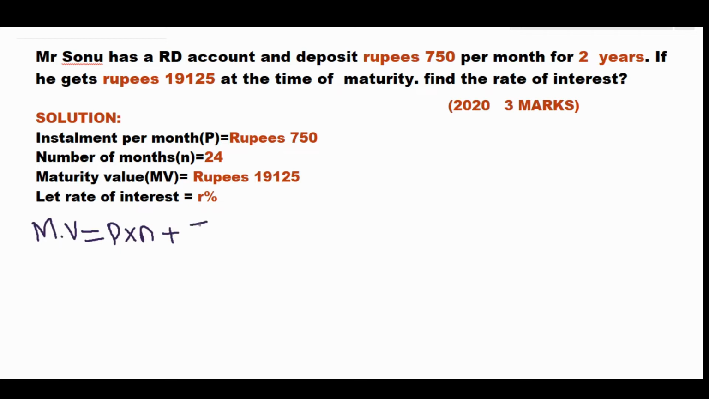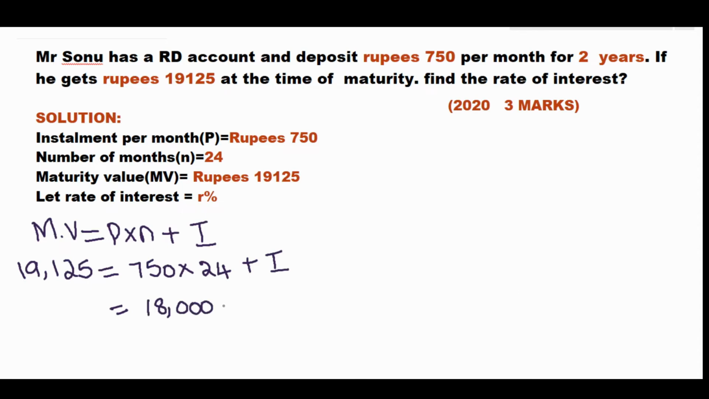Let us substitute the values whatever we have received now. So MV, it's 19,125, which is equal to P, we know it is 750, and N also we know it is 24, plus I. So on multiplying 750 into 24, I'll be getting 18,000. So plus I remains the same as it is, and MV value is